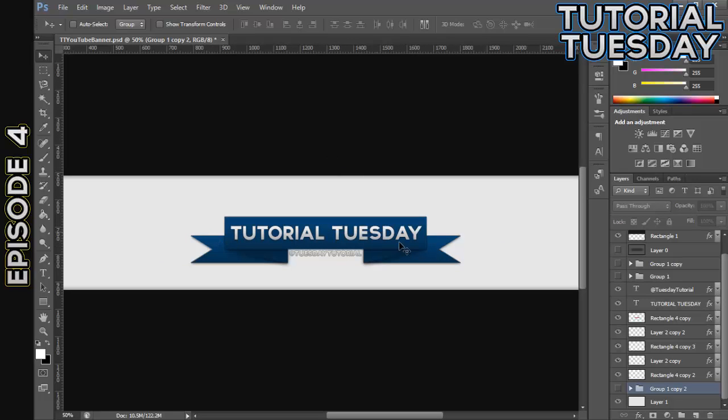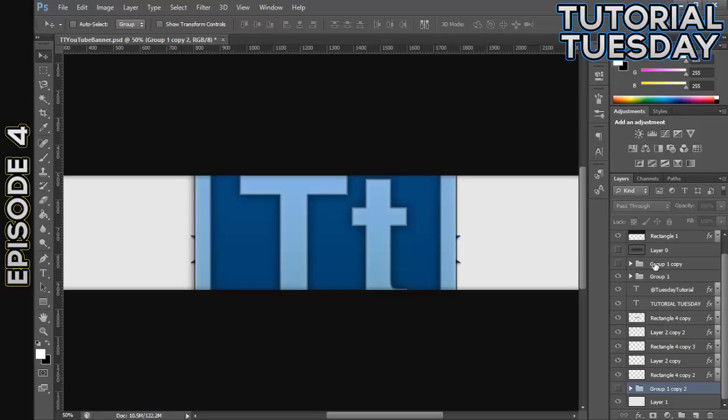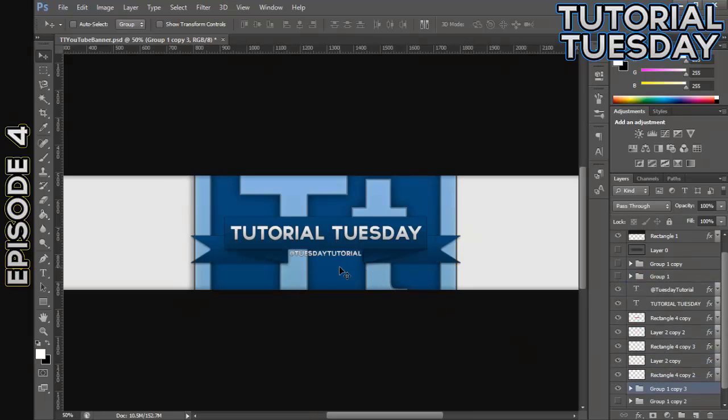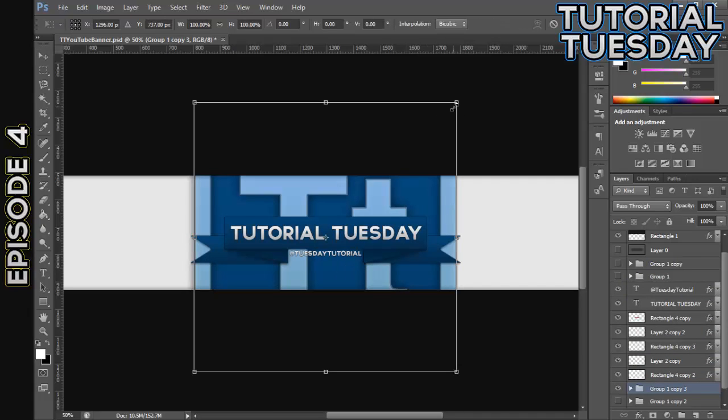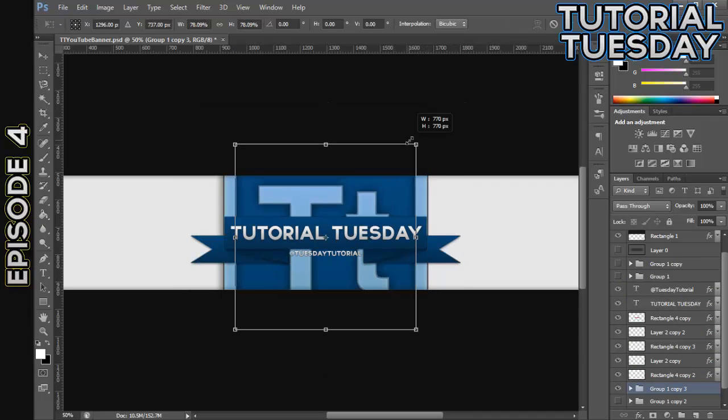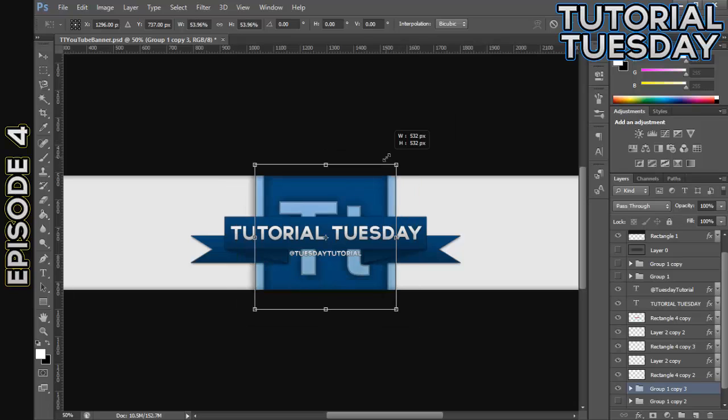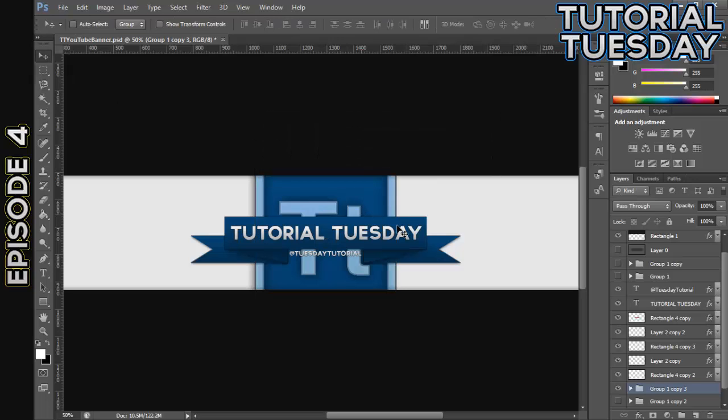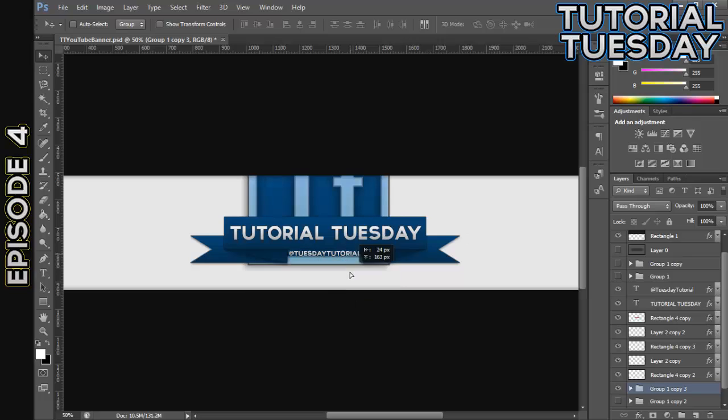I'm actually thinking I want to keep the banner as the main, and then I have this duplicated larger portion of the logo. I'm going to go ahead and take that and just put it behind everything. And that's too large right now, so I want to bring that down. Something maybe like that, just so that it's kind of behind it, but you can kind of see what it is. We need to mess around with the size a little bit, but